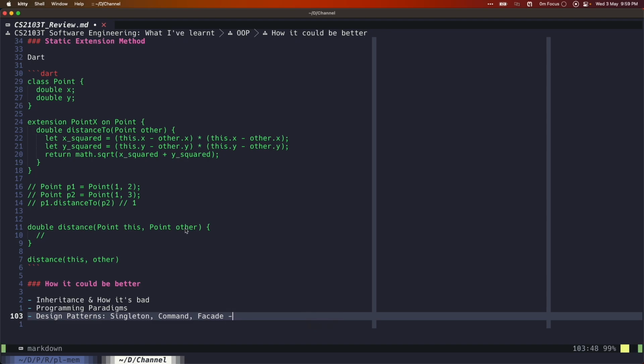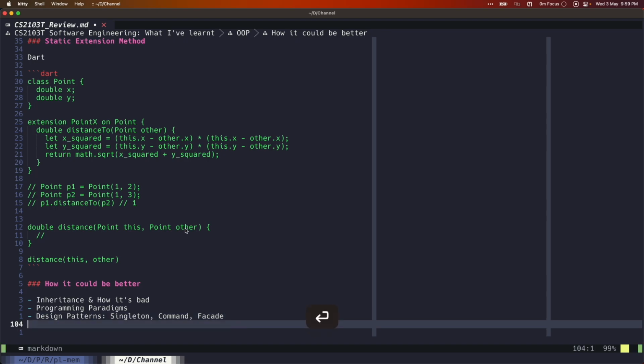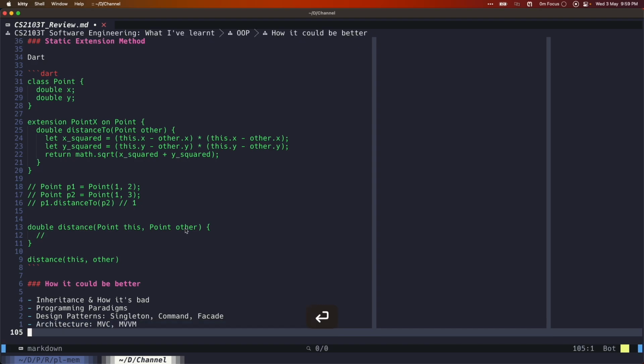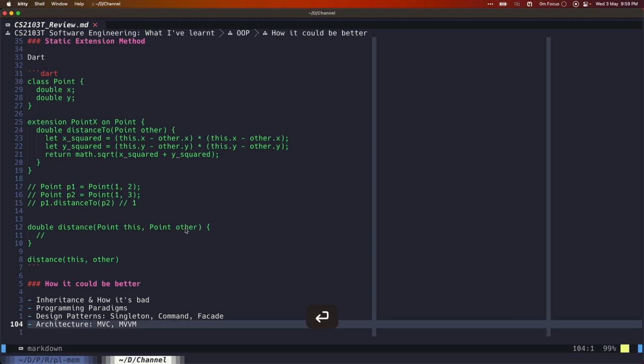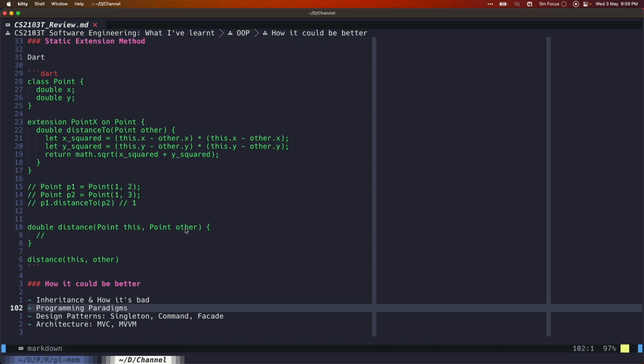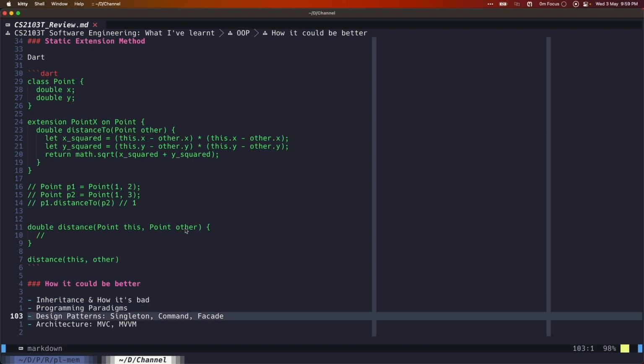For example, you could also talk about something related to software architecture. Hopefully it's spelled like this. So basically like MVC, etc. And these things are much more worth learning than the stupid UML and all that.